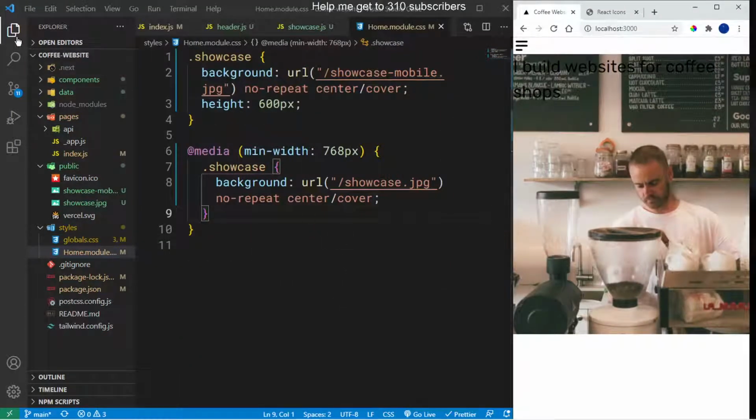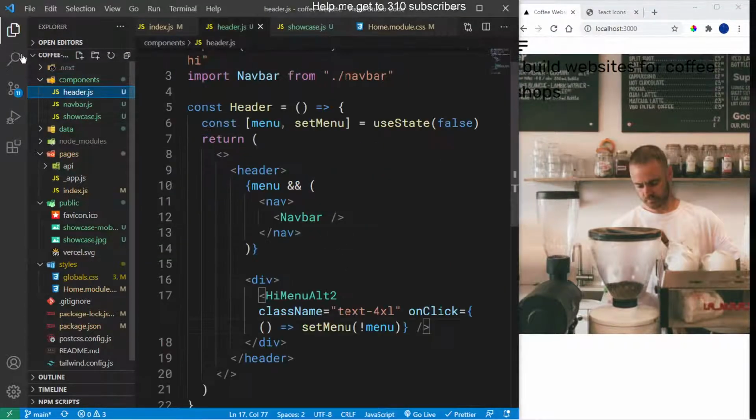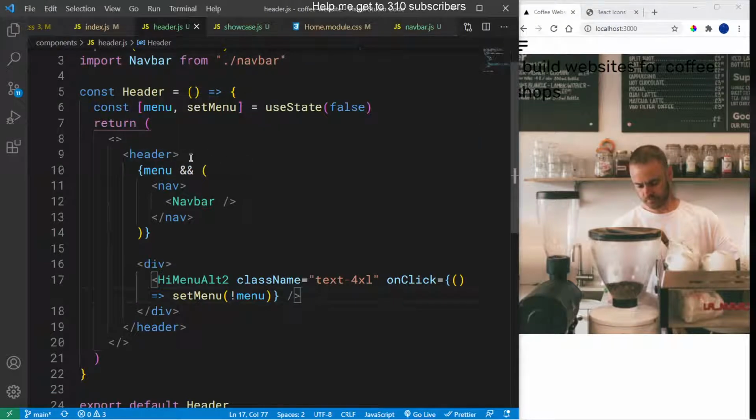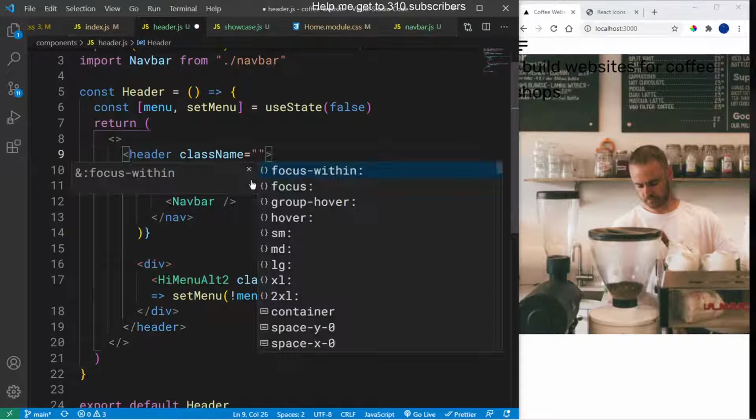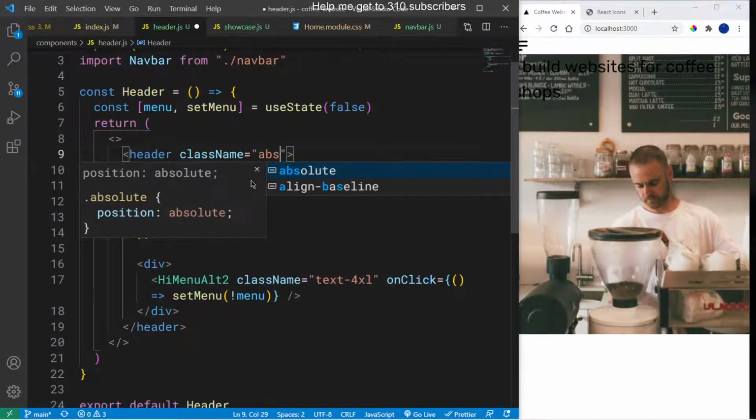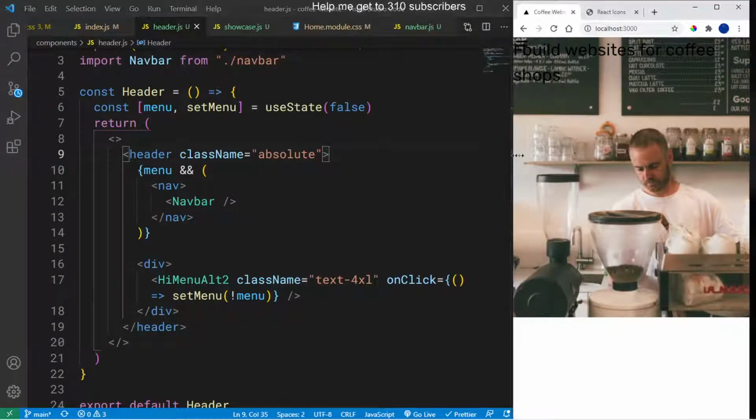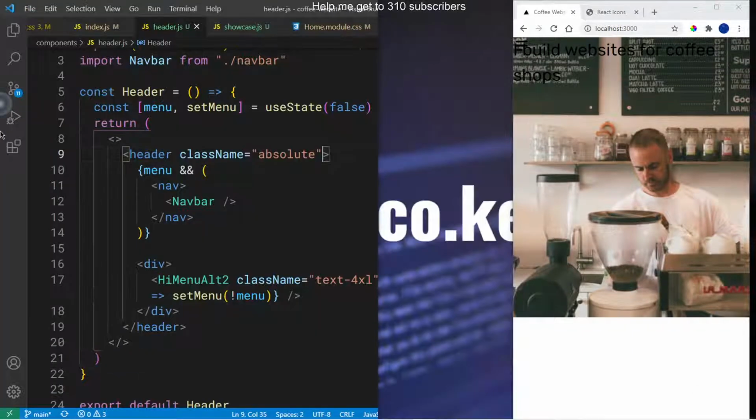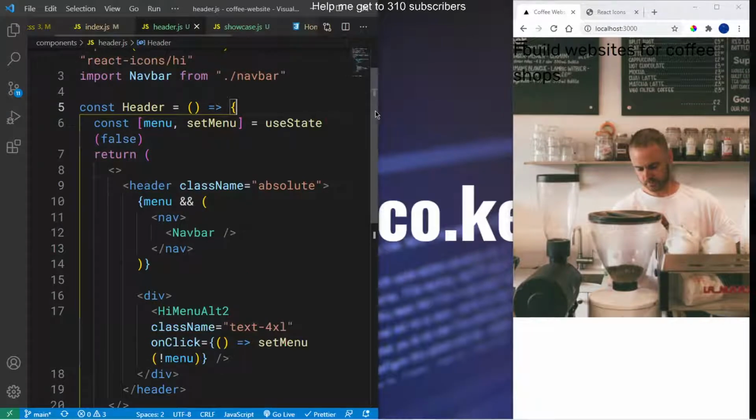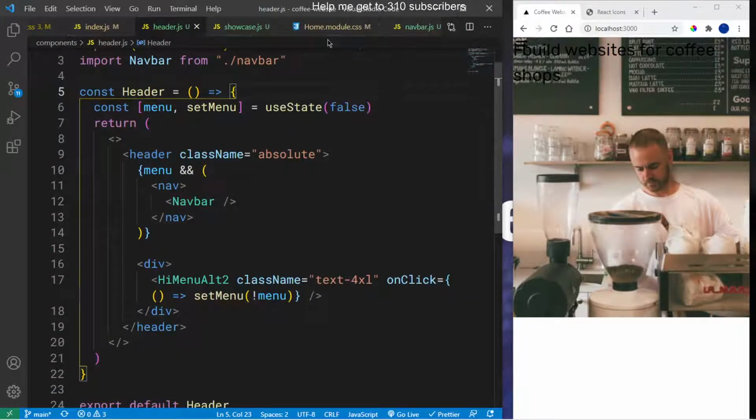Okay, so the next that we need to do is go back into our header and then position this header as fixed, right? So I'm going to say, give this a class name of, because we're using Tailwind CSS, and I'm going to say position this as absolute, spelling. There we go. Okay, and then because I want this text to always be in the center, so I'm going to go back